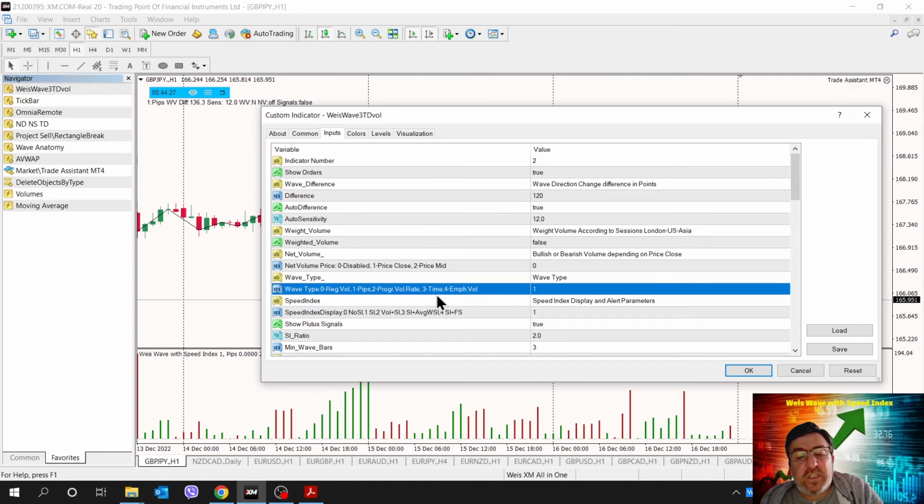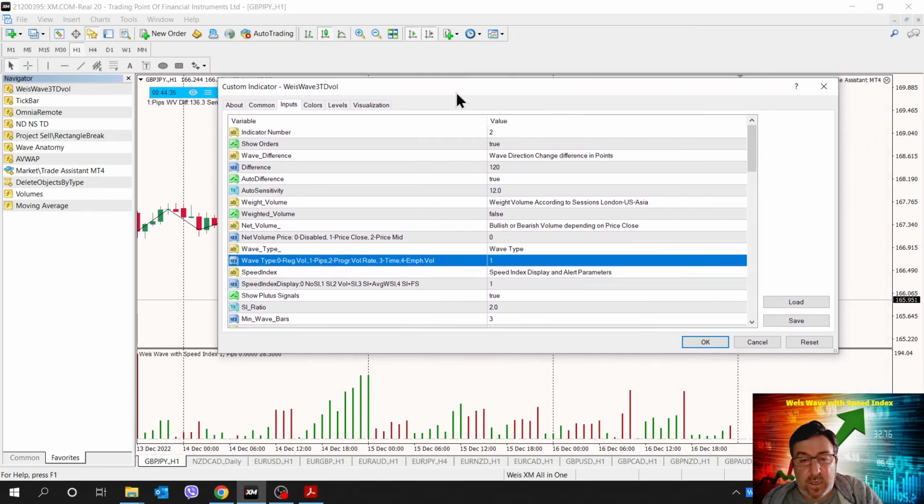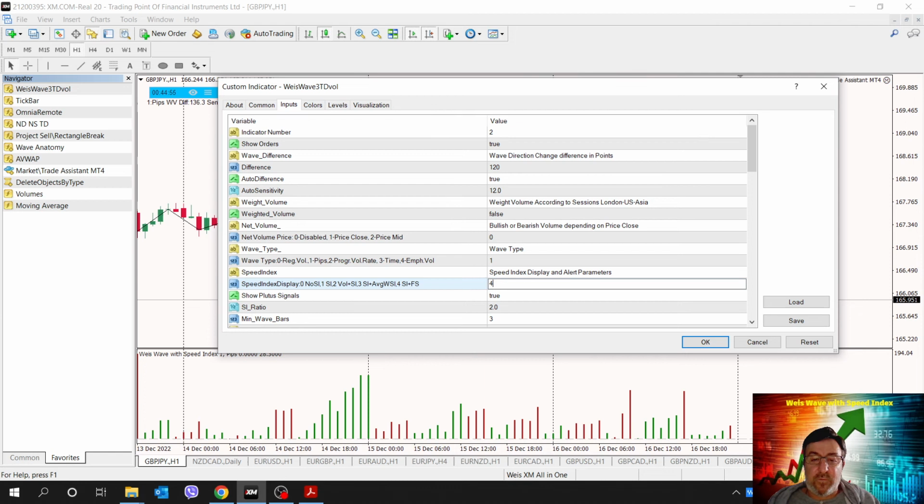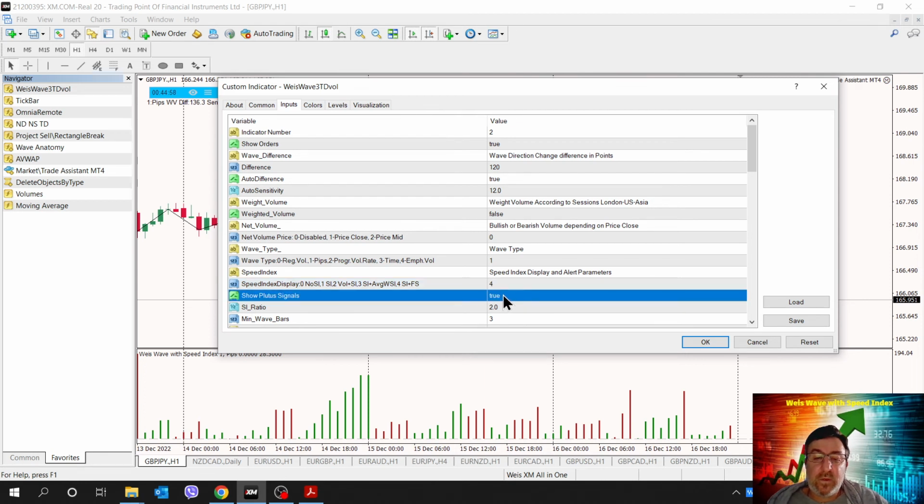On the MT5 version, apart from the volume, just volume setting, you are able also to set if it's a tick or real volume, because in MT5 you have this option if you're trading other instruments apart from Forex that might have real volume supplied by your broker, so you're able to work with real volume also.